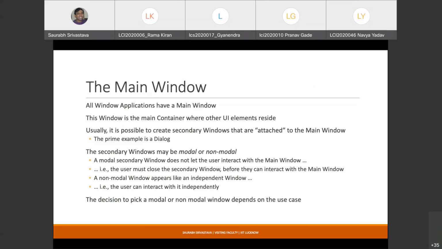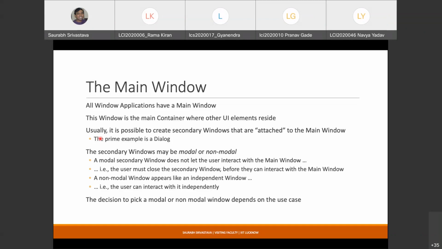Okay, and let me also be very clear straight away that the UI designing that we are talking about here is the UI designing associated with building native applications. I'm not talking about HTML and CSS and all those things. Although CSS-like scenarios are there, you can use some kind of styling sheets often in UI design, but we are focused more on the design of a UI for a native application, not for web.